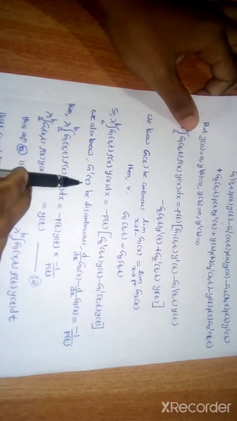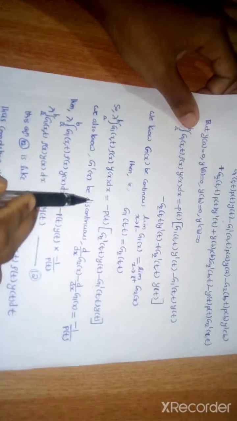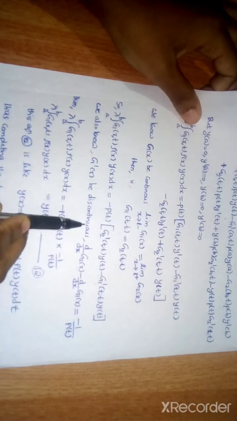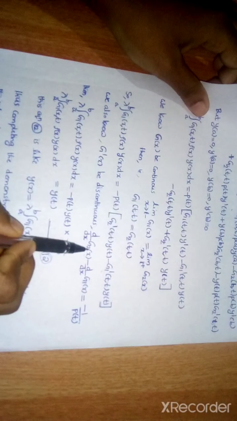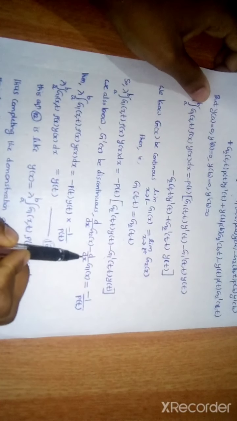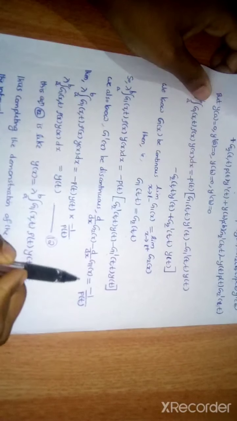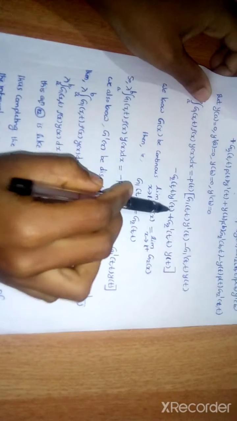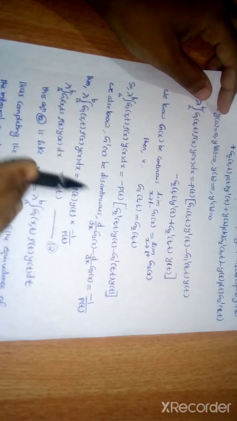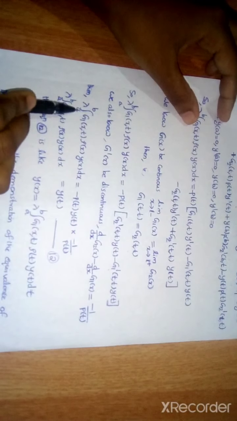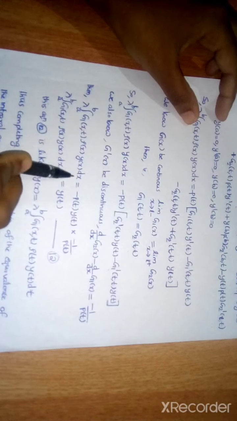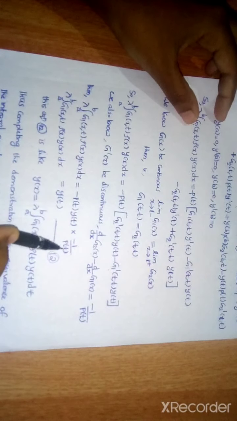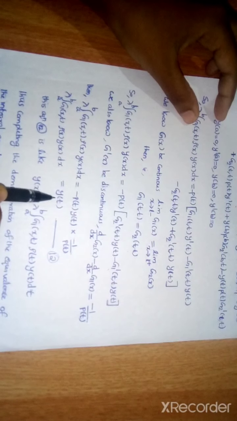Okay, and also in the property of a Green function, the derivative of a Green function will be discontinuous, that is d by dx of g2 of x minus d by dx of g1 of x equal to minus 1 by p of t. And applying the property in this equation, we will get lambda integral a to b g1 of xt rho of x y of x ds equal to minus p of t y of t into minus 1 by p of t. Then it becomes y of t.